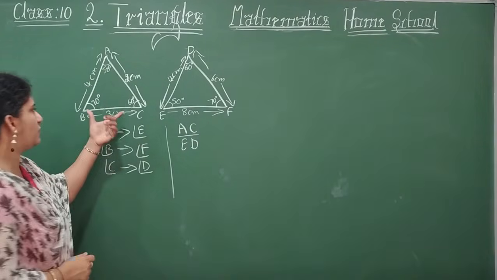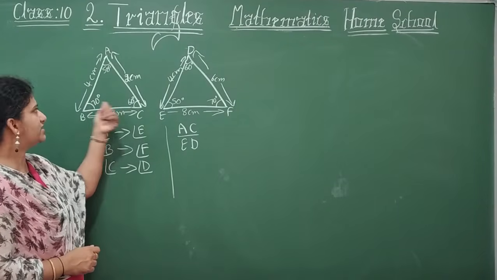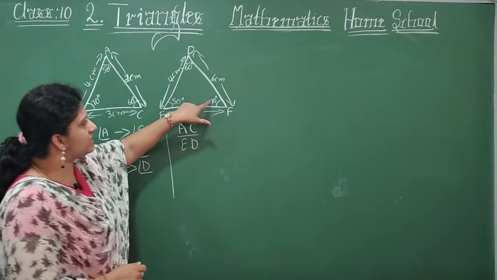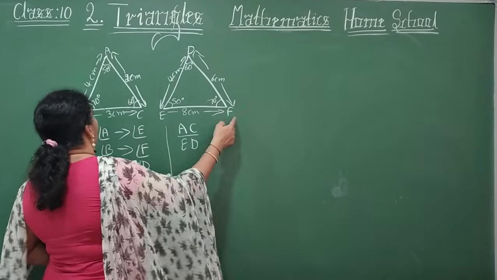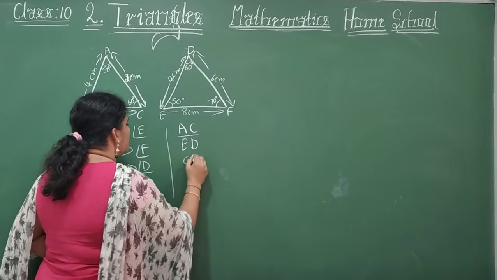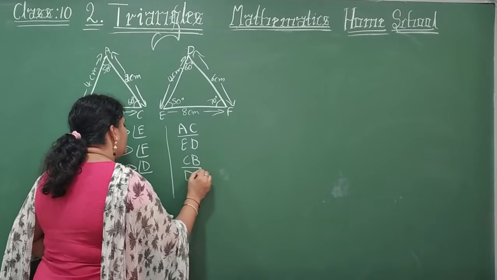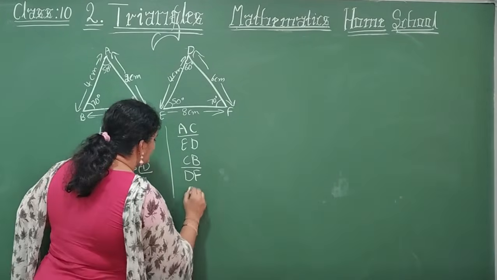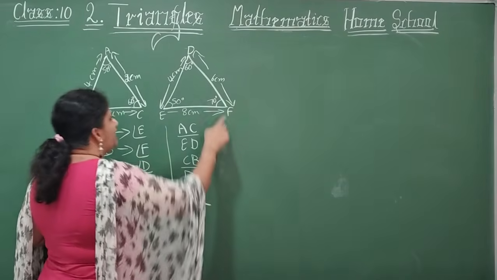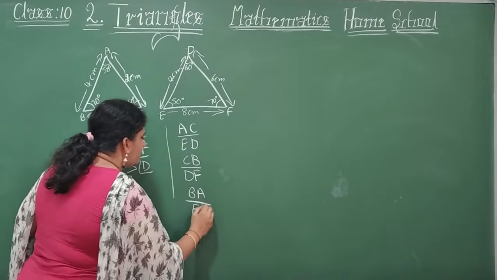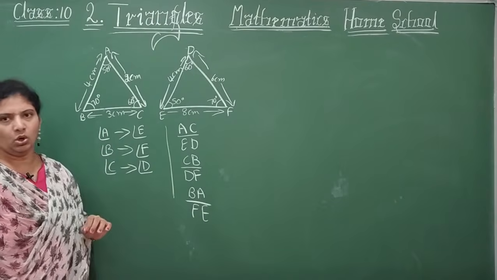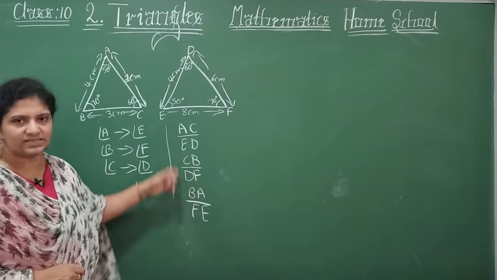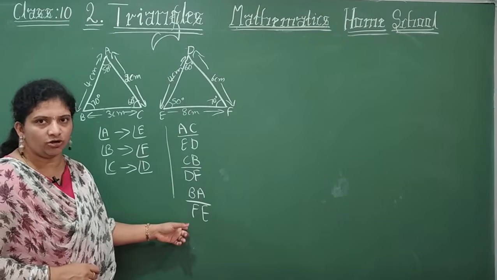Okay, next corresponding. What you are going to take? 60, 70. Any one you can take first, no problem. I'll take here 60, 70 degree where you have DF, right? Here CB. CB by DF. And one more, 70, 50. So that is BA by FE. So what you can say here, whether these corresponding sides are in proportion or not, we are going to